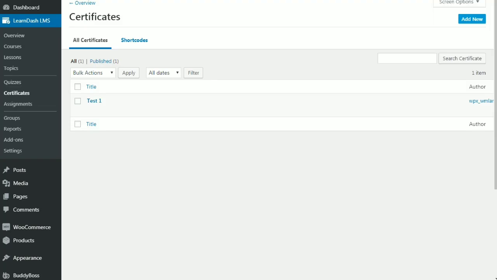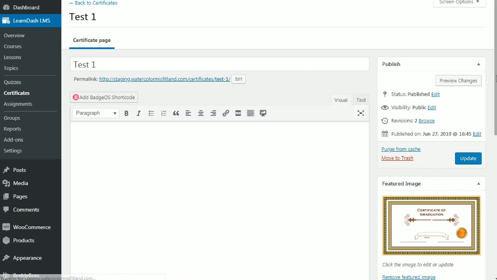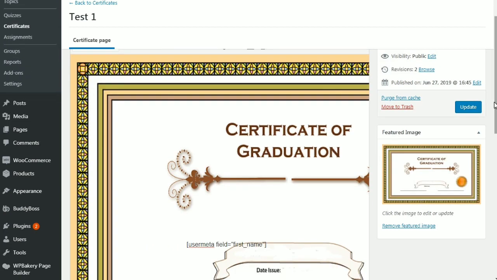And I actually downloaded one earlier and I uploaded it as an example. But if you go over here, you can click on add new certificate, but I actually went ahead and did it here. So click on edit. What you need to do is simply scroll down. You select the featured image as that image. All right. So once you do that, you click on update, and then you need to go back to the